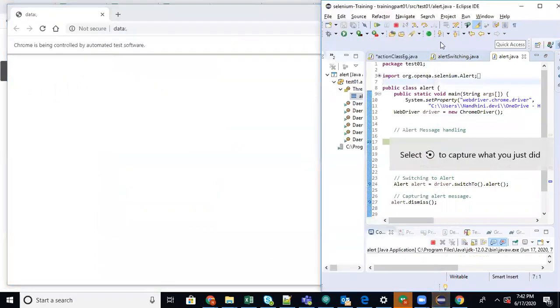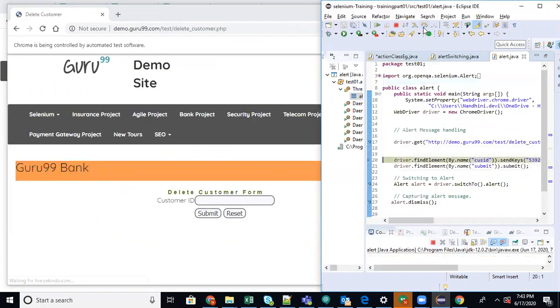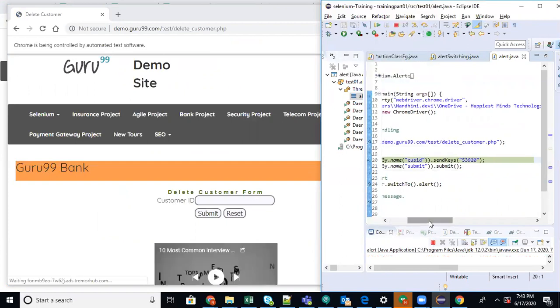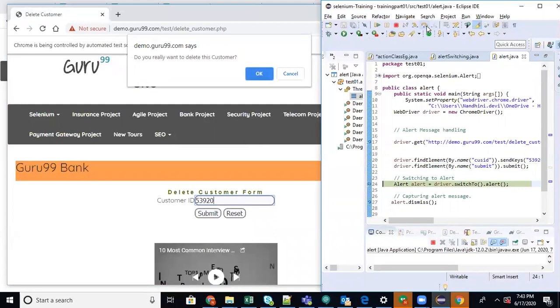Yeah, see? Launching the URL. Identifying this text box, and once identified, in the same line, I'm going to enter the key, any ID number. Then identify the submit button and click. Once you click, the alert pop-up will be displayed.